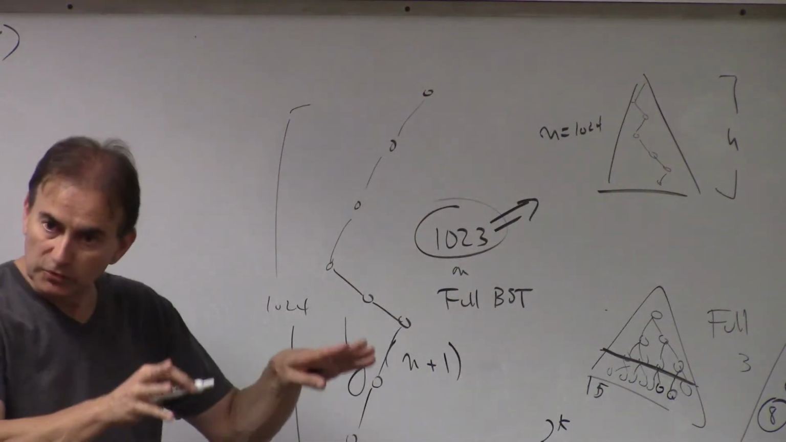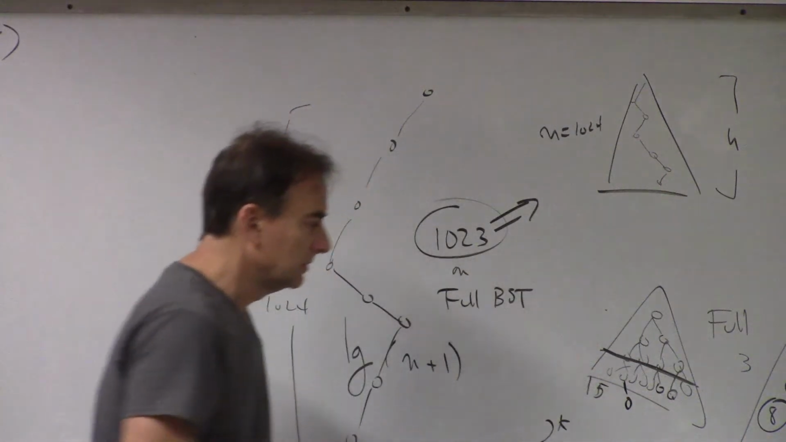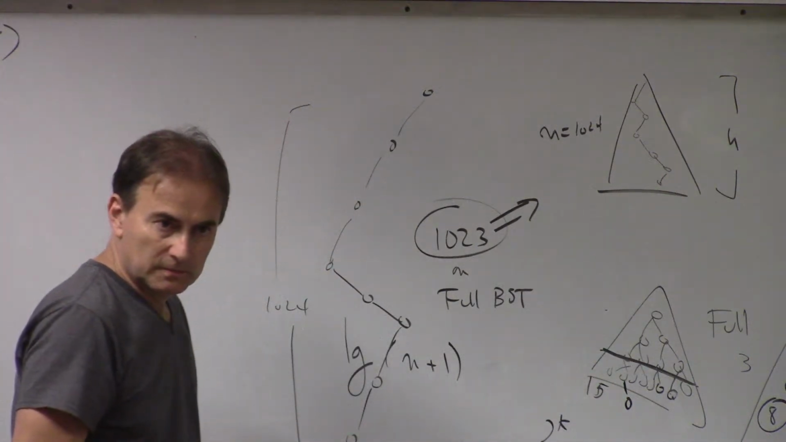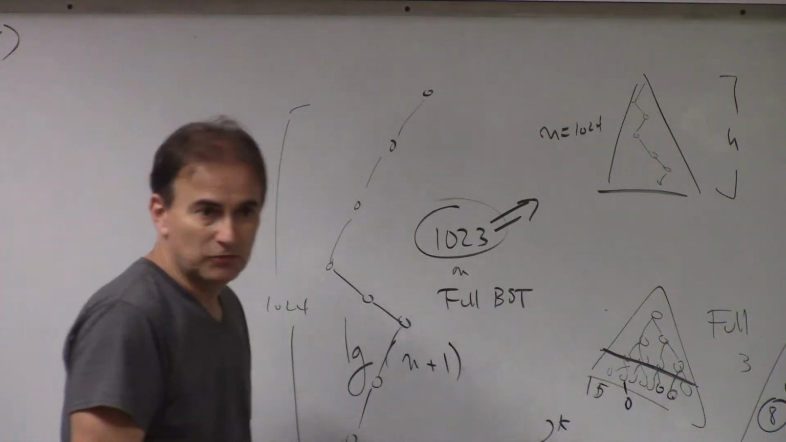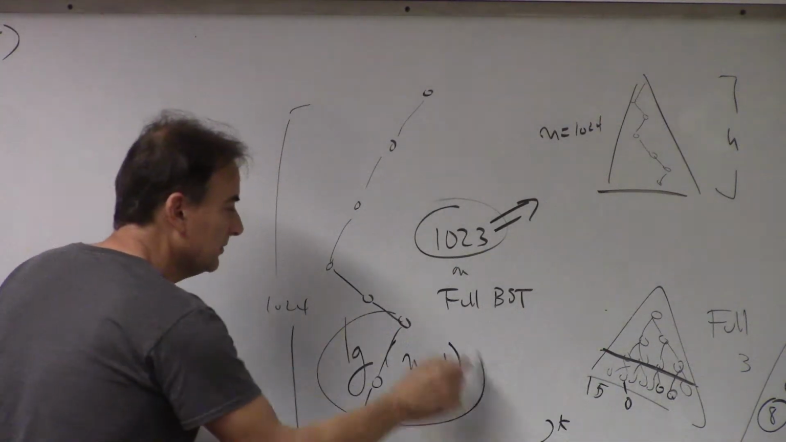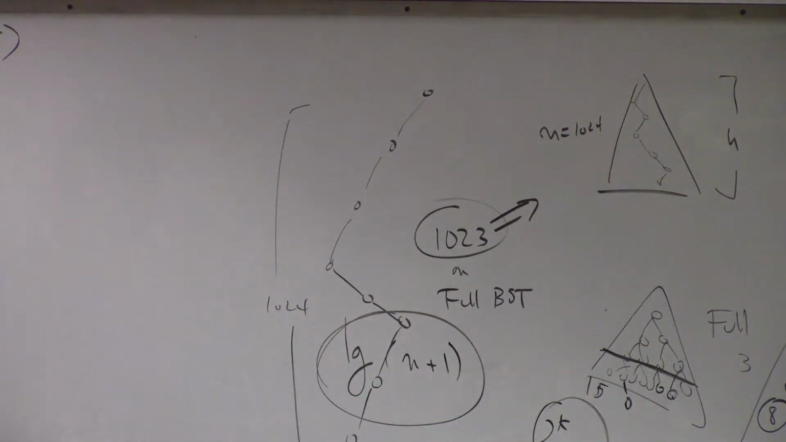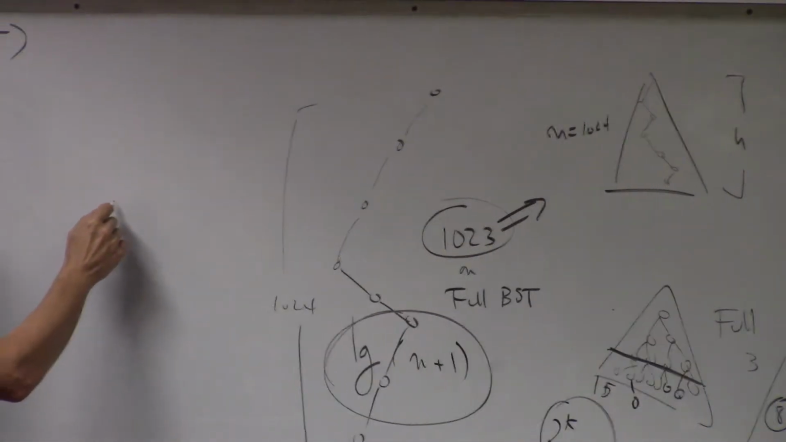Still balanced, full. Now if we add a node, is it balanced? Yep, still balanced, but not full. It can't be full, right? It can't be full unless the number of nodes is equal to this one. Okay? Now if you think about it, if you have 7 nodes,